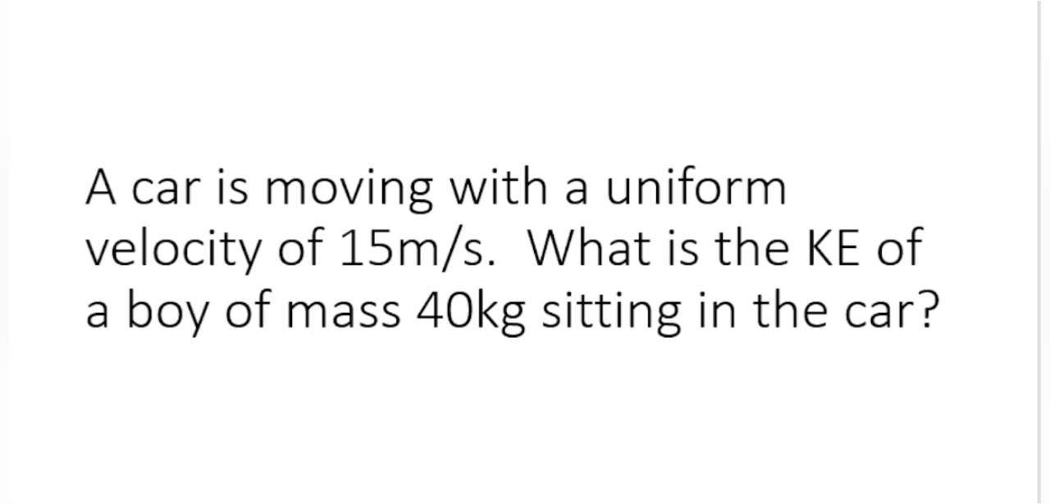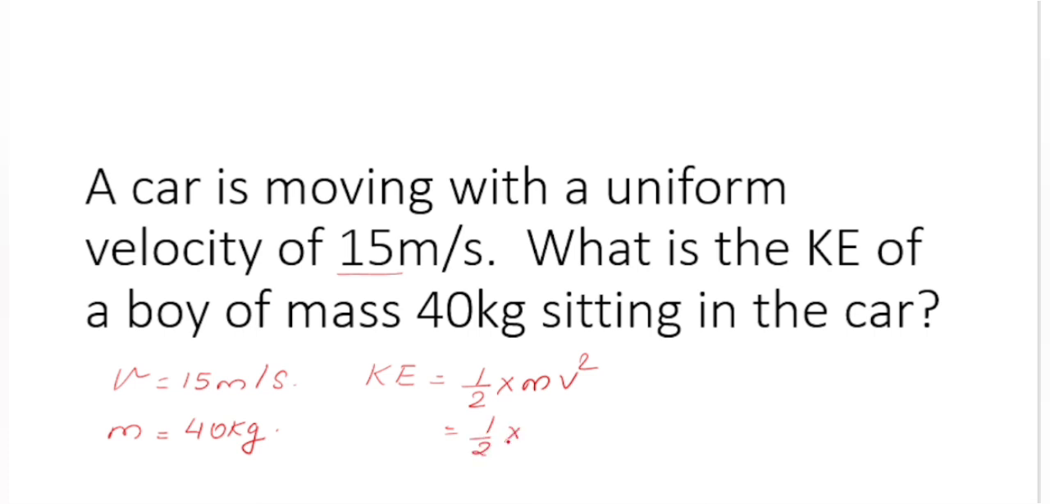A car is moving with a uniform velocity of 15 meter per second. So velocity is given, v is 15 meter per second. What is the kinetic energy of a boy of mass 40 kg, in SI unit, sitting in the car? His kinetic energy will be equal to that of the car because he is inside the car. So half mv square, we can directly substitute: half into 40 into 15 into 15. If you cancel out 20, then 15 into 15 is 225, into 20,